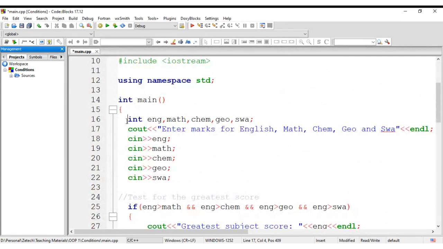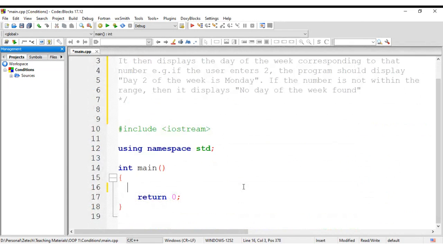We are going to come here, and of course we are going to delete that. Then we are going to declare a variable. This variable is going to store the user's number. Are you together? So we are going to call it X, or int day. Day, anything, int day. Then we will tell the user,